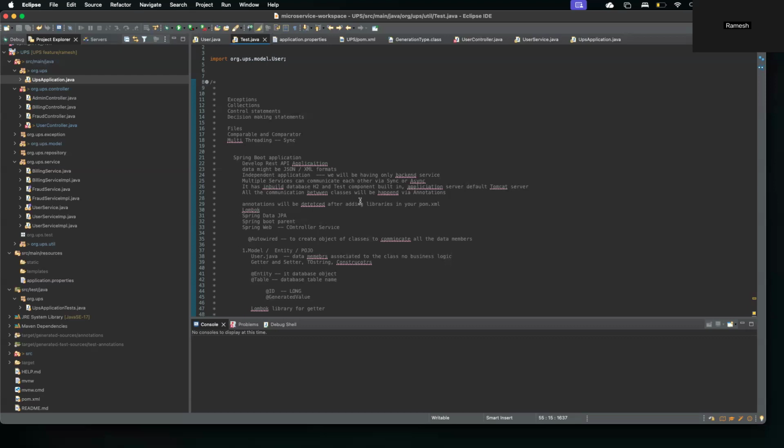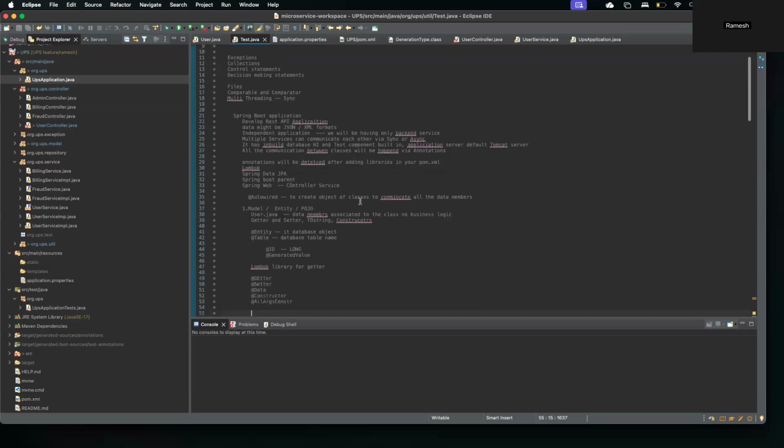coming to here, yesterday we discussed more about the Spring Boot application and Spring MVC, how your Spring Boot application works, how your Spring MVC application works, how you can communicate data between controller and service, how you can create an object, and what the different annotations are. Why do we require Spring Boot? It is used for developing REST apps and data migration, where data might be used only in JSON or XML formats, and all the communications happen via annotations in the REST communication. We also know that Spring Boot has a built-in database, H2, and a built-in Tomcat server, which is a web application server,